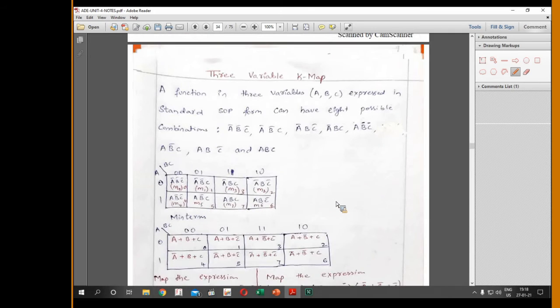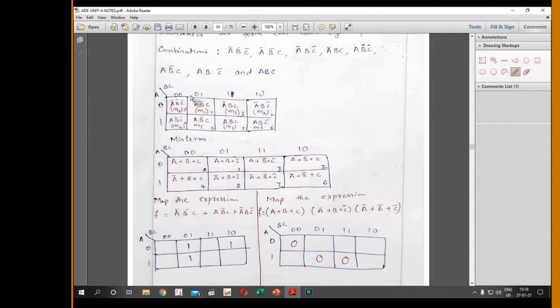Okay. Next, the 3 variable function. We map the binary cells as M0, M1, M3, M2, M4, M5, M7, M6 for minterms, and this is your max term representation or binary cell in the corresponding cells. So in the corner, you could write this as 0, which means this is M0. M1 corresponds to the binary cell of capital M1, and this is 3, which corresponds to M3.